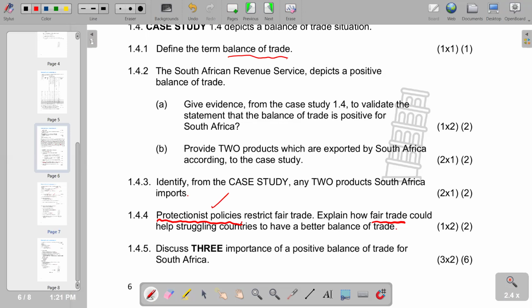So we are saying protectionism involves protectionist policies, government strategies designed to limit international trade. So they limit international trade so that they boost domestic industries, so that they activate domestic production. So these are policies designed to encourage domestic investment in a particular industry. So we want to protect a certain industry, they put a